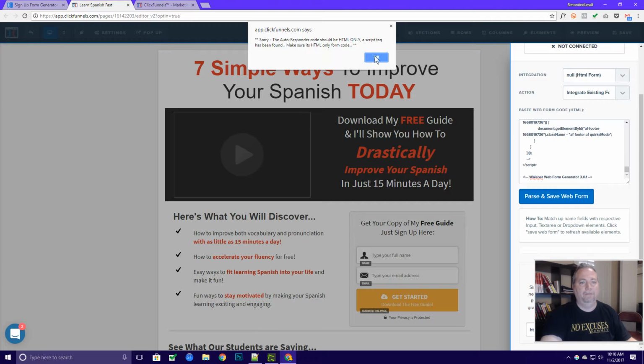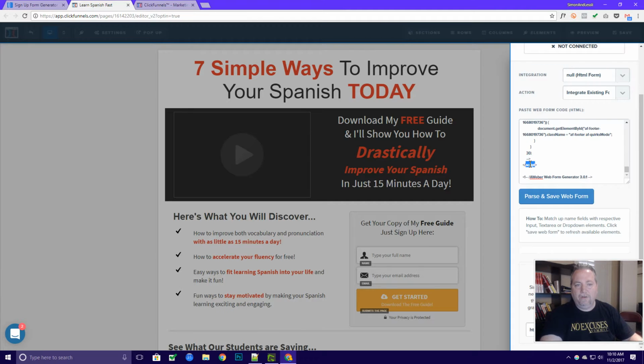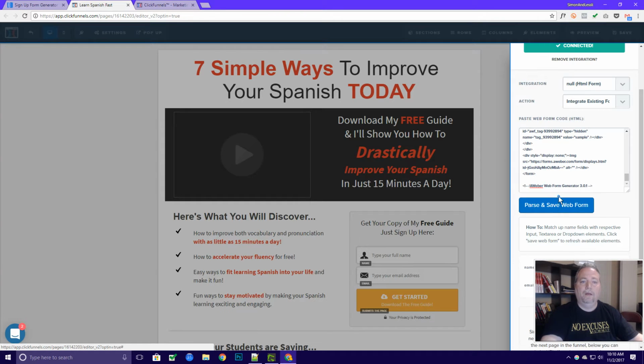Now if you just click parse and save, you get an error saying that it doesn't like a script tag. So here you can see the closing script. So we're going to scroll up until we find the opening script. And it'll be right at the end. This is the end of the form and beginning of the script. So we're going to select all that script, and we're just going to hit backspace. We're going to get rid of it. Now when we hit parse and save form, we get